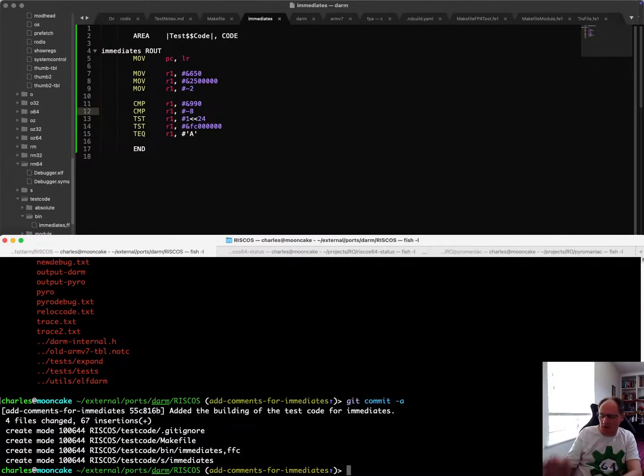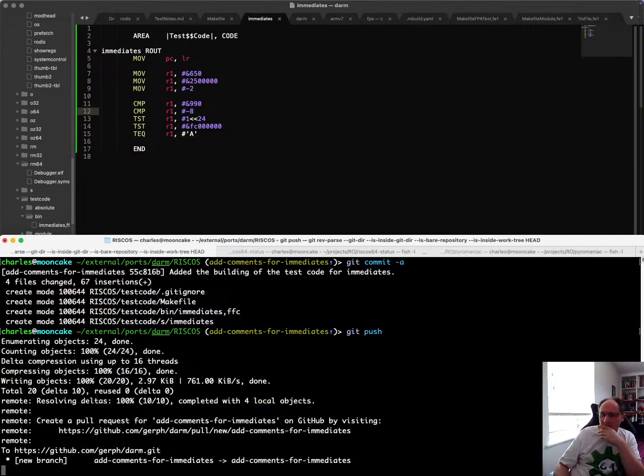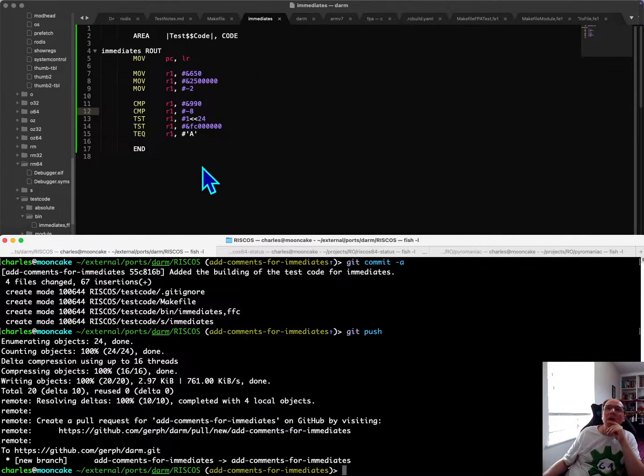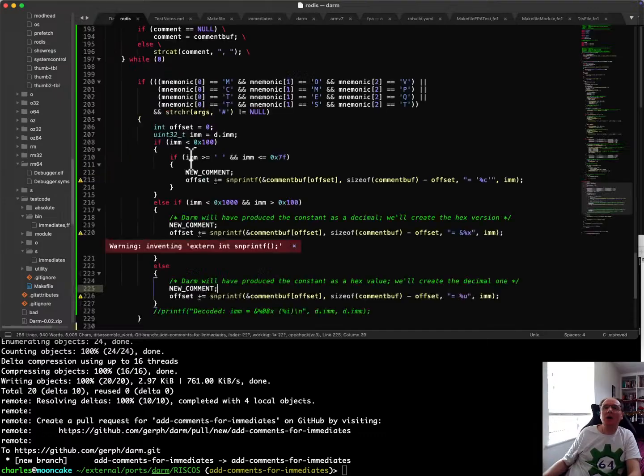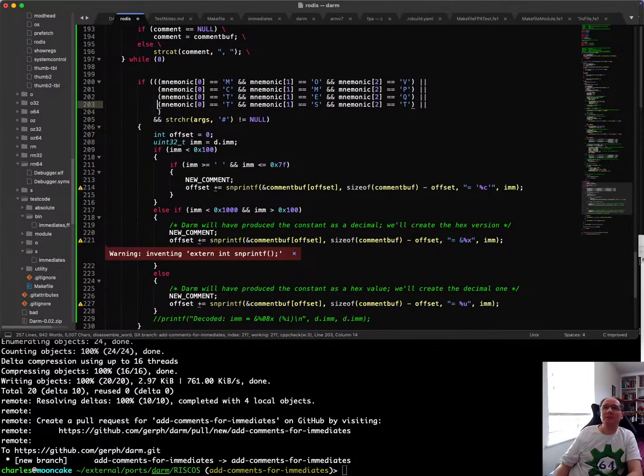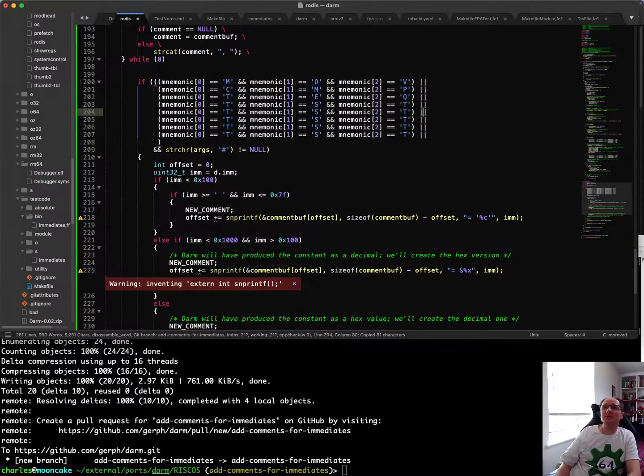Okay, I'll push that to the server, so if anyone wants to look right now, they can. Right, so we've got the mobs, and as I said, we probably could do this with the other ones as well. We could do it with the adds mobs. So we can do a